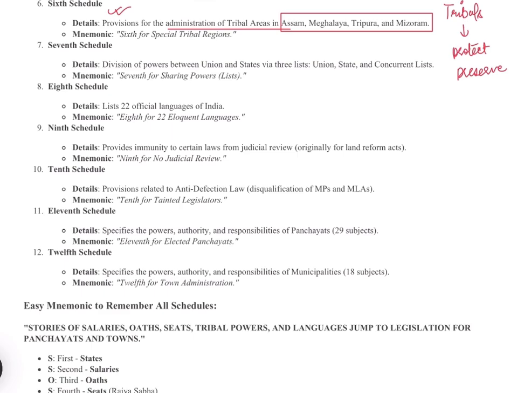Under the sixth schedule we have four states, and you can remember it like this: ATM square. And since M, north eastern states may, M stands for Meghalaya, Mizoram, Manipur, and what else? So we just have to remember that ATM में money नहीं है. We don't have money in ATM. So discounting Manipur, Meghalaya and Mizoram will be there in the sixth schedule.